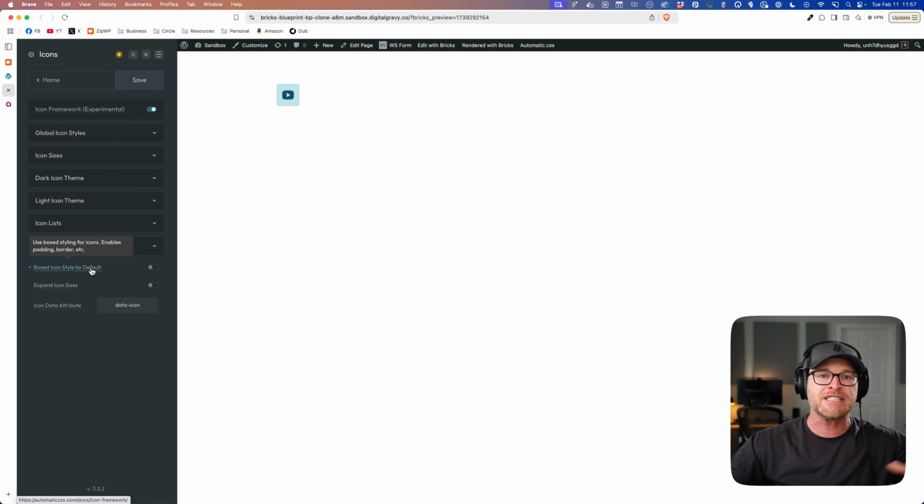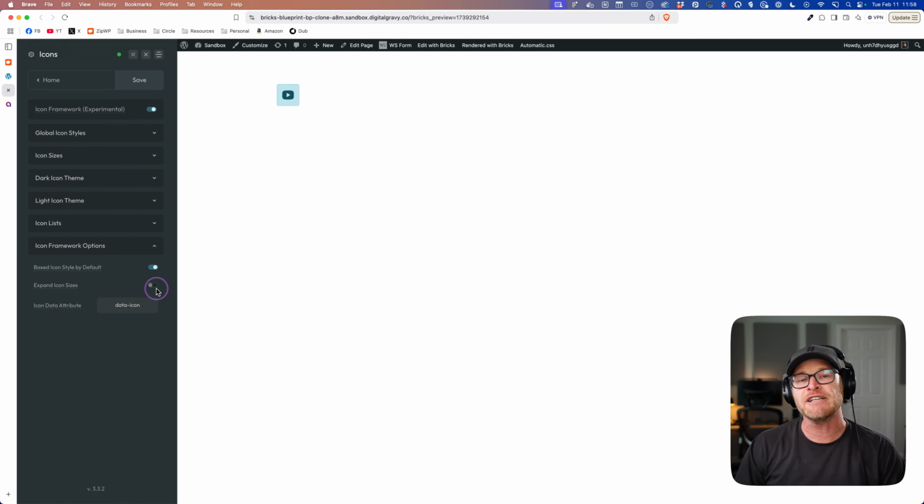You just look at a design of a site, and you look at the icons, and go, are most of these boxed, or are most of these not boxed? If most of them are boxed, then make them boxed by default. And then you can make the ones unboxed, we call it naked. You can make them naked if they need to be naked, but it's more efficient, obviously, if it makes most of them boxed, if most of them are supposed to be boxed, right?